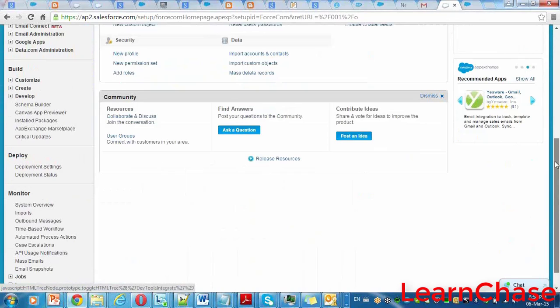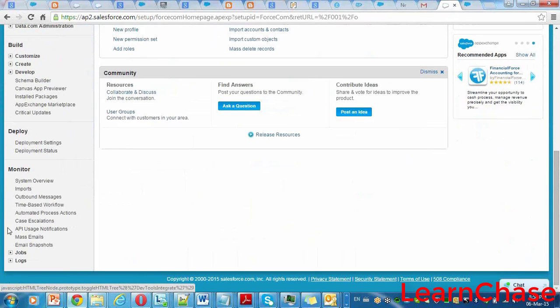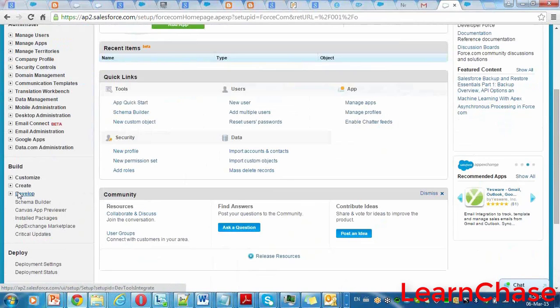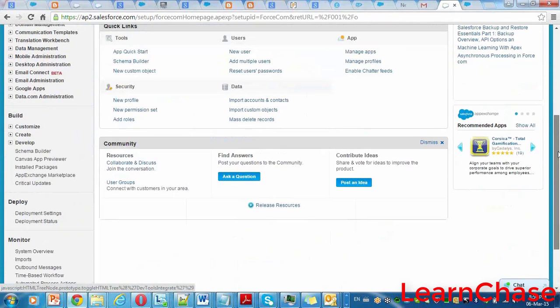So developers are going to use the build section completely, or they can use deploy also. They will use everything, because first they need to develop from here. And the initial setup they need to do from here. Initial security and everything we need to provide to the client. Later their admins will do it and maintain that. But initially we need to set up all the things. Then once completing the development, we are moving to production. That time the deployment section will come.